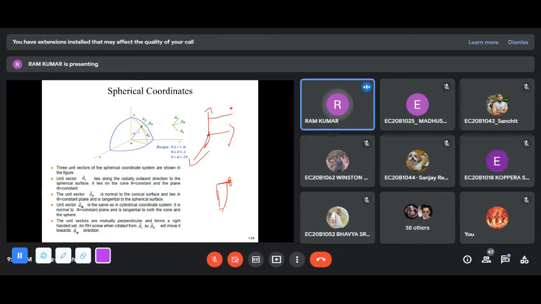Similarly, in a spherical coordinate system, if you want to fix something, there is some distance r from the center, that is actually the radius. There is some angle between the z axis and the line drawn from the origin to the point. And also the angle from the x axis to the line drawn from here up to this angle. So with this radius, this angle theta, and this angle phi, you can easily locate that point in a spherical coordinate system. That's why we go for different coordinate systems, based on applications.